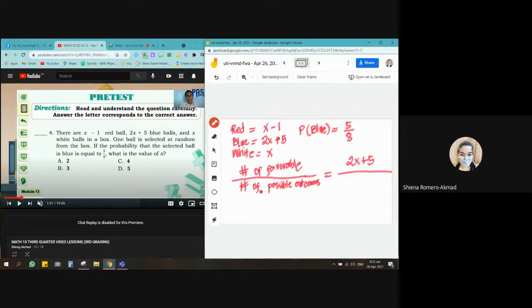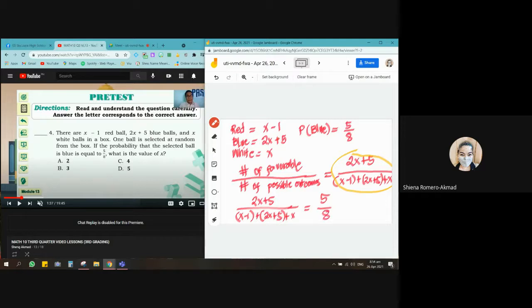Nakita nyo sa ginawa nating solution kanina doon sa isang problem. Inadd natin silang lahat, right? So, anong gagawin natin dito? We are going to simply add all of this. So, that's x minus 1 plus 2x plus 5 plus x. Okay? So, magaling tayo dito. So, we will have 2x plus 5 divided by x minus 1 plus 2x plus 5 plus x equals 5